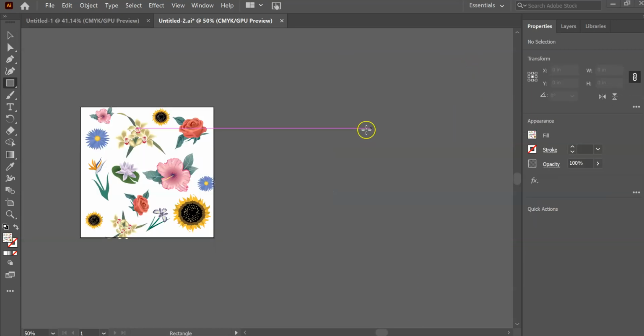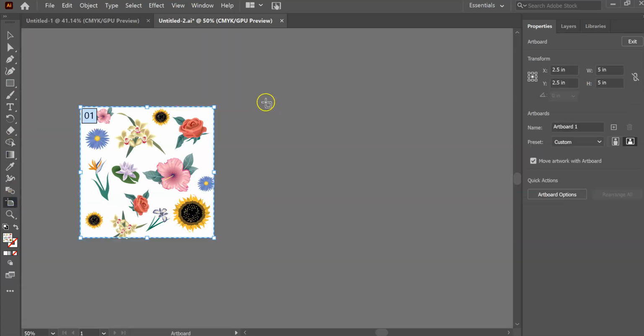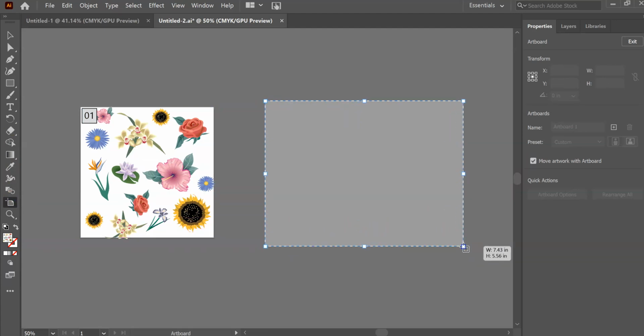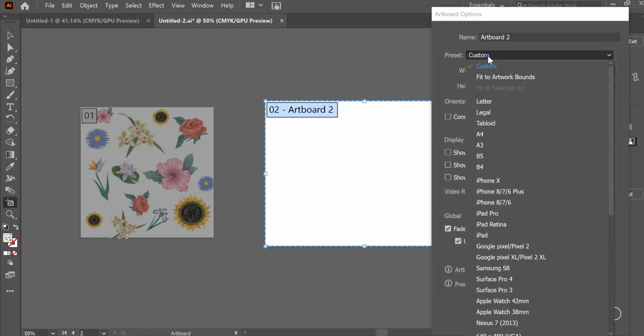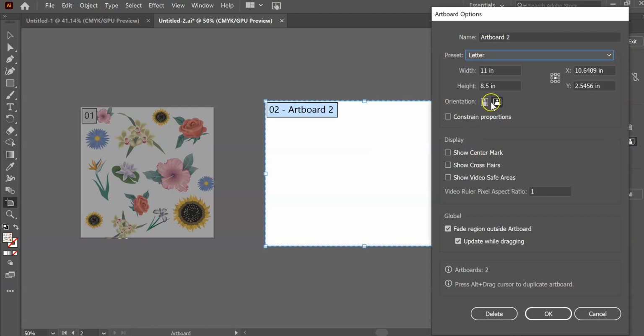Okay, so how do you apply your patterns and how do you get to use them? Really easy. Let's select a rectangle and let's make a new artboard. I'm going to go to artboard options and go to custom. Let's make it a letter size or A4. So let's go letter, 11 by 8.5. That's usually the standard I require for projects. And I'm going to call it